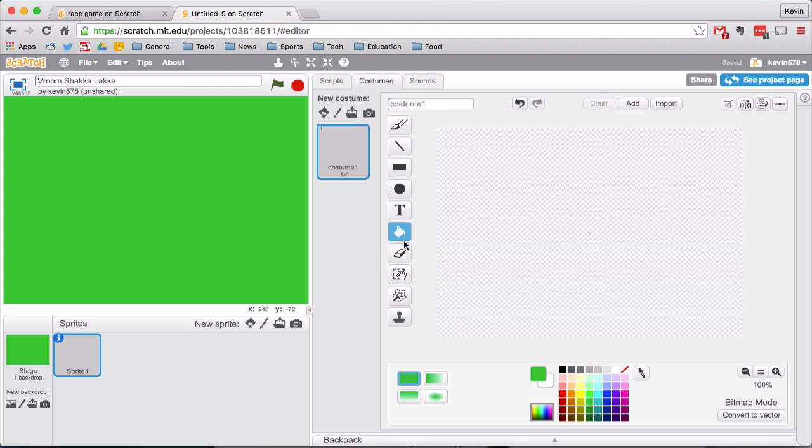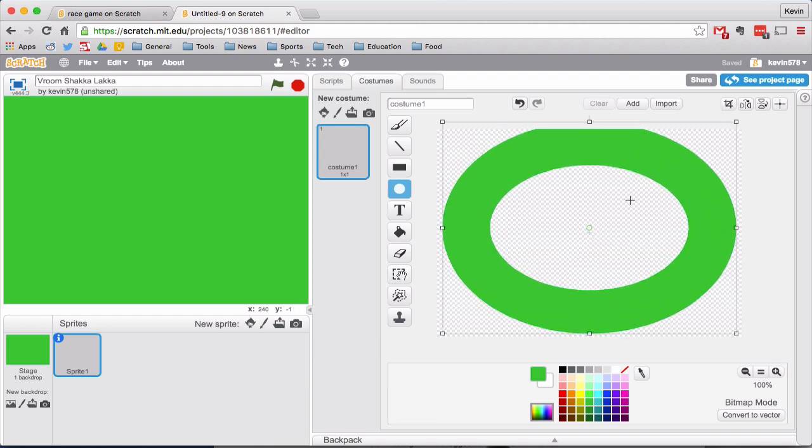And you could do this in a couple different ways. I am just going to make a circular track, but if you wanted to use the paintbrush and make it a bit more unique and not as circular, you are certainly welcome to do that as well. The game will work exactly the same way. I am just going to go to the circle though, and I want to make this as thick as possible. And I'm going to draw